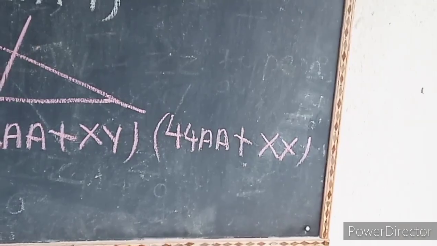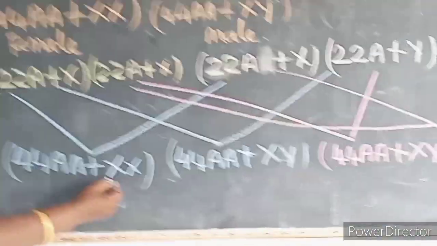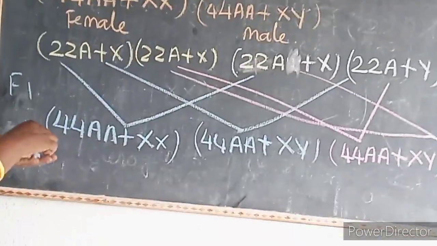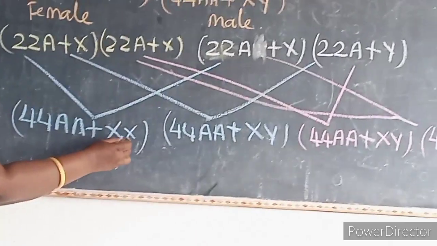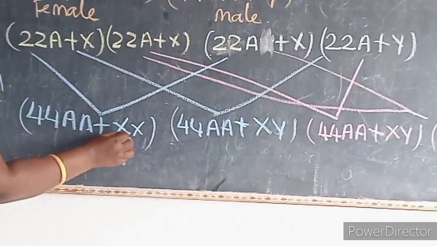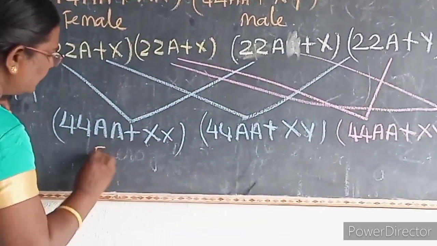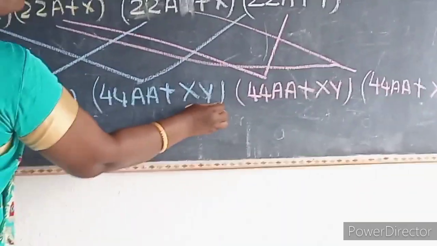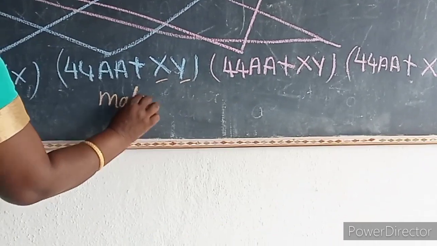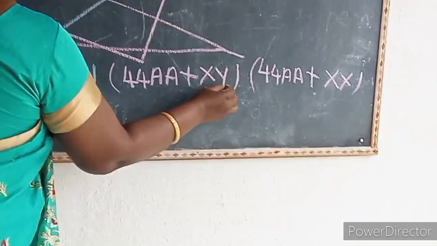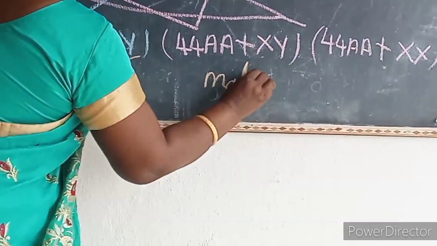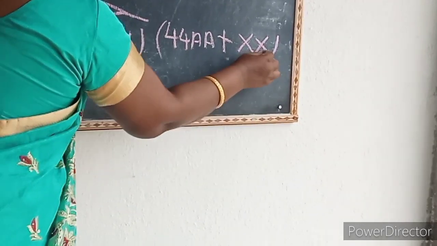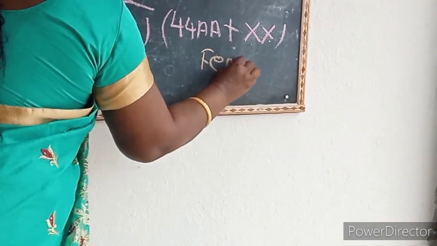Now we say which one is the female? Having the two similar gametes. அப்ப ரெண்டு gametes same இருந்துச்சுன்னா then it is homogametic. So X and X இருந்துச்சுன்னா அது female. அப்போ X and Y இருந்துச்சுன்னா அது male. அப்போ இங்கேயும் பாருங்க, X and Y இருந்துச்சுன்னா அது male. அப்போ ரெண்டு X and X இருந்துச்சுன்னா it is a female.